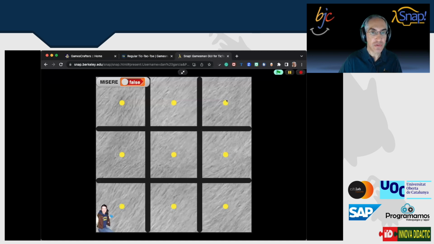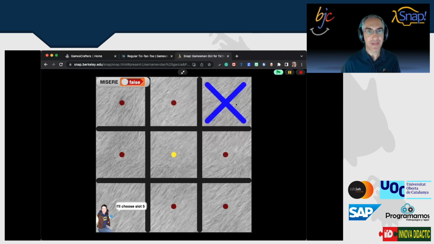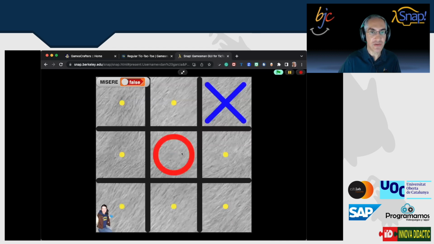The same yellow you saw here is exactly the same yellow, but it's going to play for me. And so I click this, and you see that, remember, yellow is in the middle. It's going to choose that. I'm going to choose this one. It'll say I'll choose slot 9. It kind of gives me some feedback, and I'm going to make the losing move here.